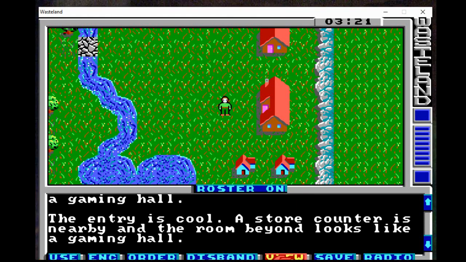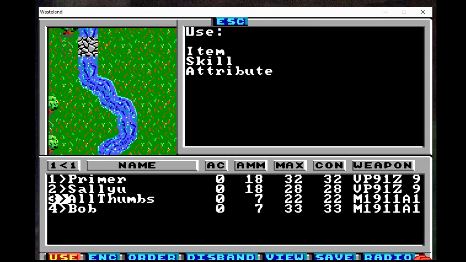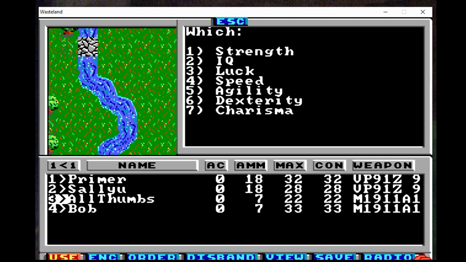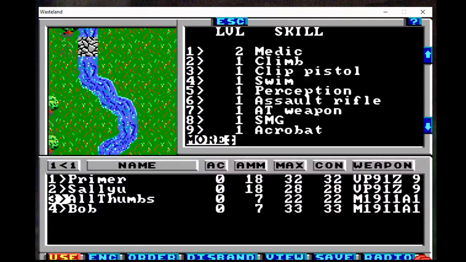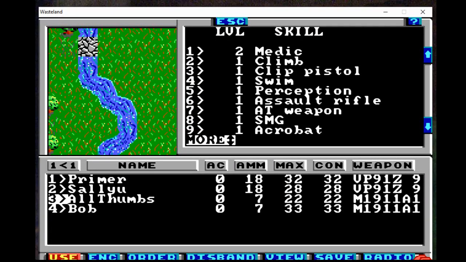We've got this command bar down here. As you see, I can highlight it with the mouse, but also can just use keyboard. If I want to use something, I hit U. What player? What character? Well, all thumbs, so 3. Do I want to use an item, a skill, or an attribute? Attribute for A, there's my attributes. S for skill, there's my skills. I for item, there's my items. So we want to use skill,